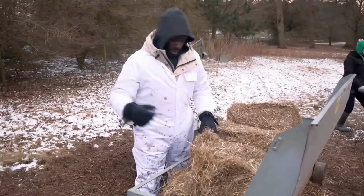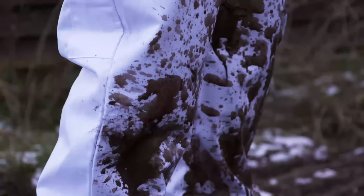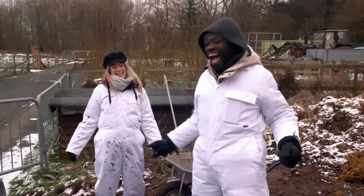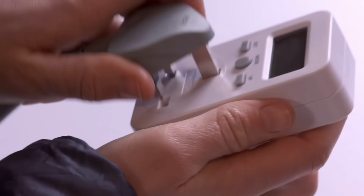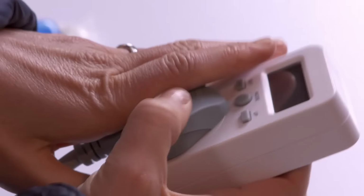While we'd got a little bit grubby mucking out Barry, to really put our washing machines through their paces, we decided to get our overalls proper dirty. Jackpot! I mean, look at me. Job well done. Right, to make up a standard-size wash, we're adding the rest of the farm's laundry. Dirty towels, coffee-stained sheets, and very grubby socks. Oh, that's horrible. Where there's muck, there's brass. We'll be measuring just how much power and water our two machines use during the cycle,